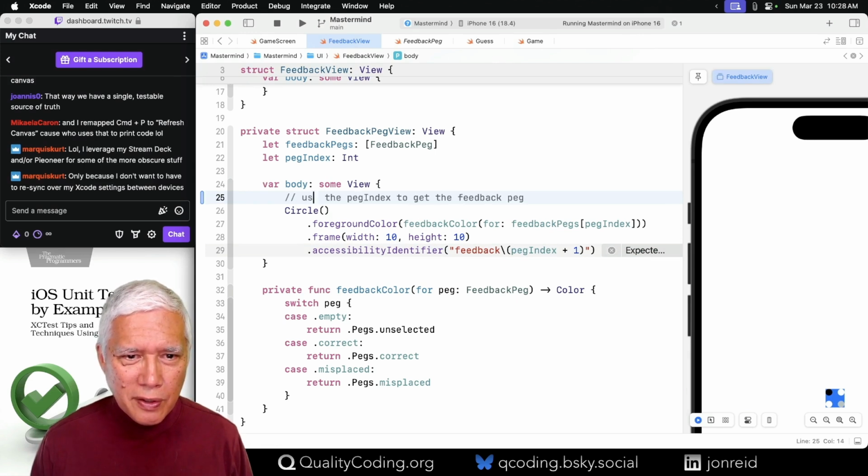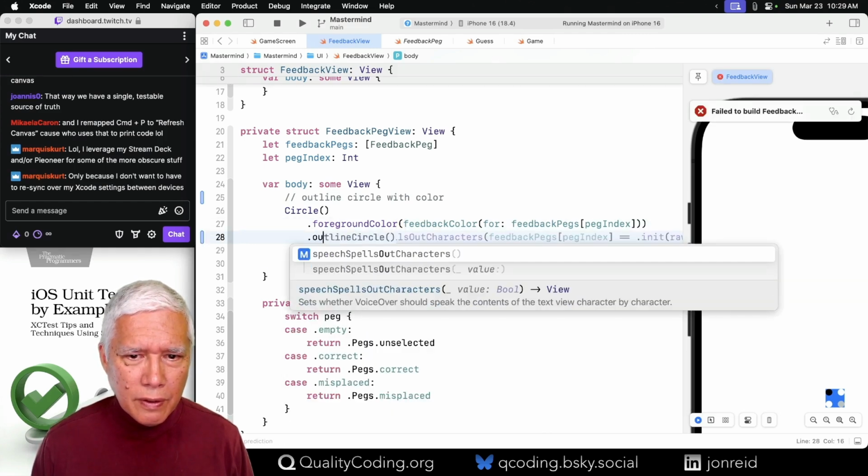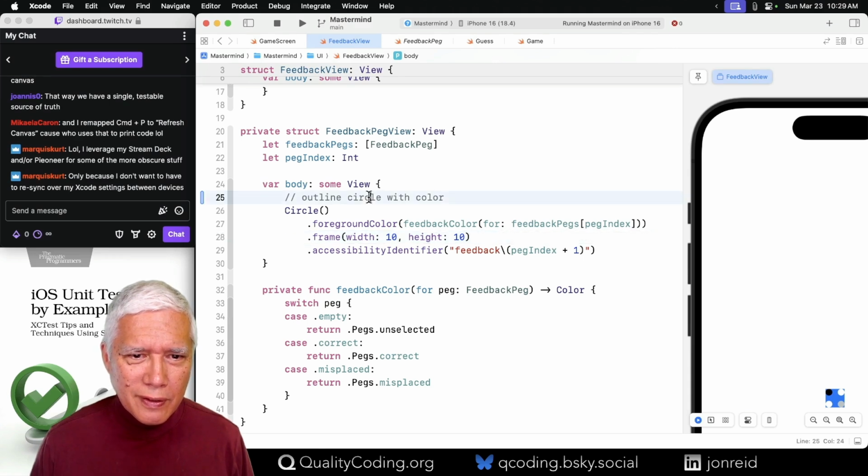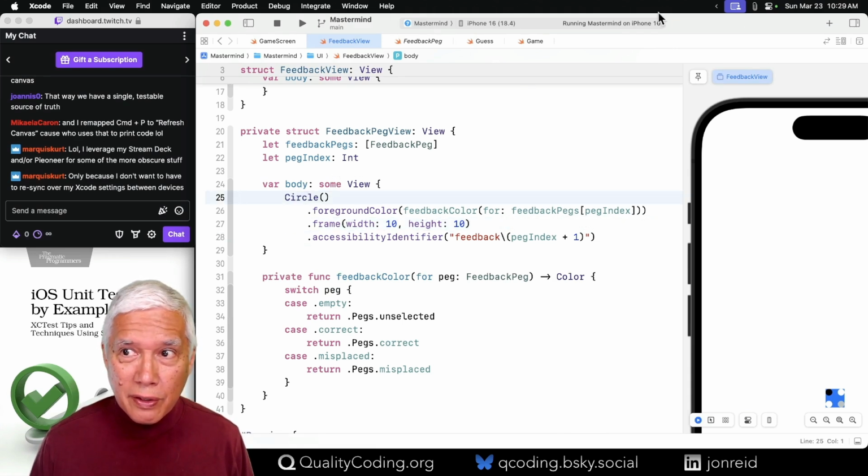Use outline circle with sure color. That's making stuff up that doesn't exist. Okay, this is where I think I need